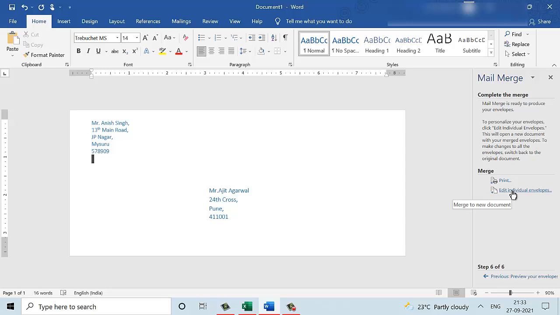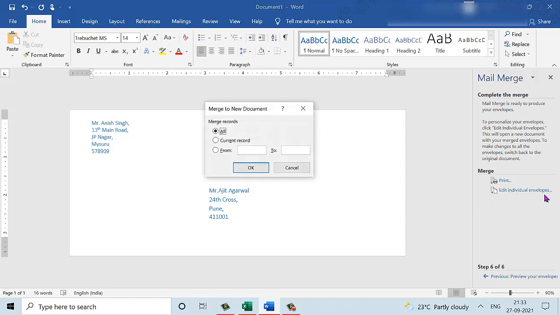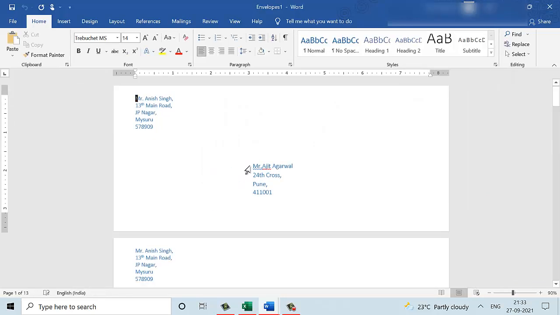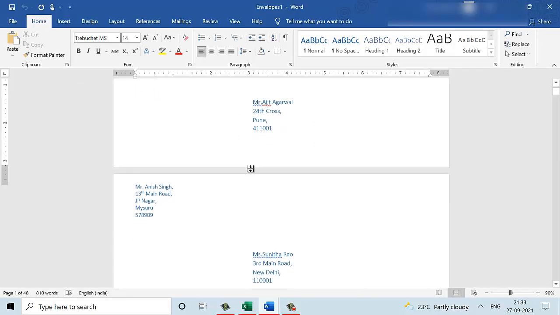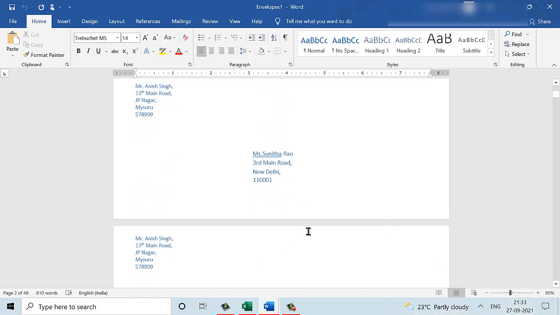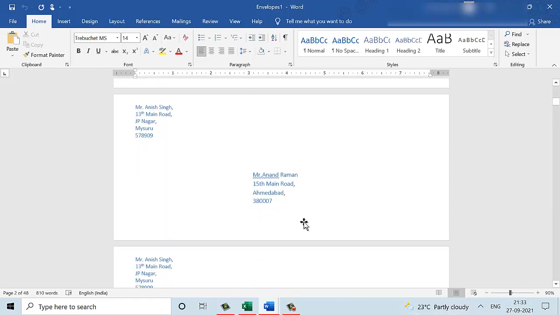To generate all the envelopes, you can click on edit individual envelopes here, and you can choose all records. There were 48 records in the Excel sheet, so all the 48 envelopes will be generated here. Now when you see all the envelopes together, you will realize that it looks like a proper envelope.